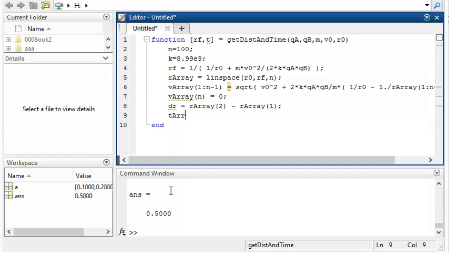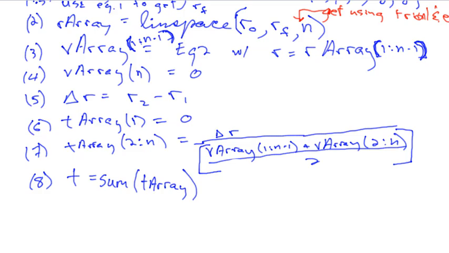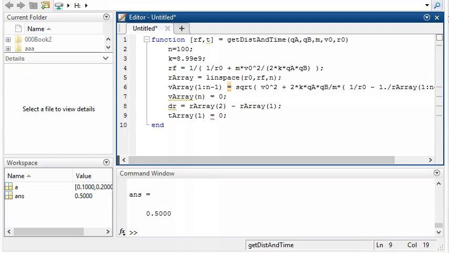T array element 1 equals 0, I think it was. And then T array element 2 to n is going to be equal to,